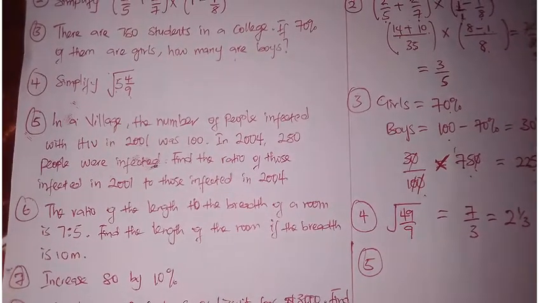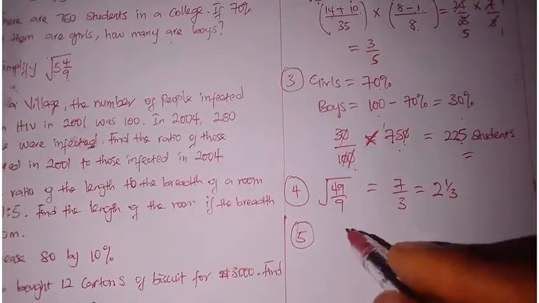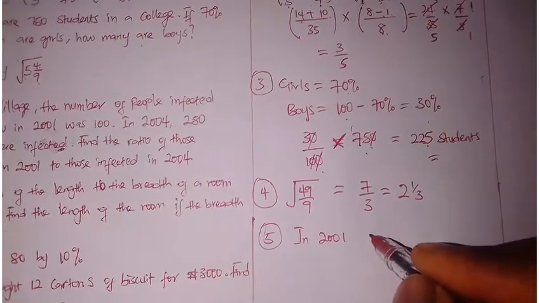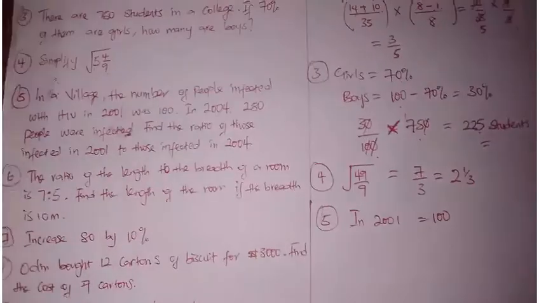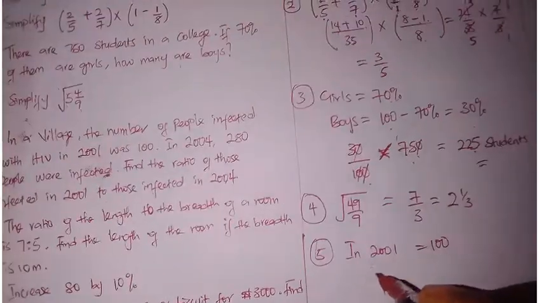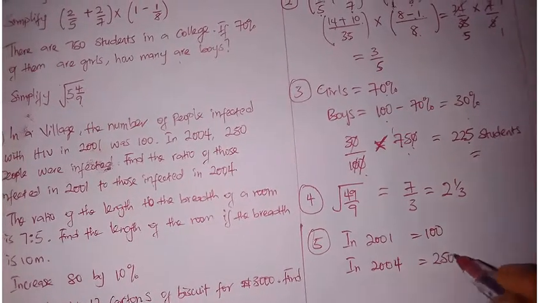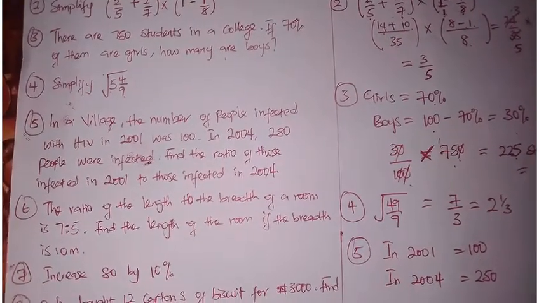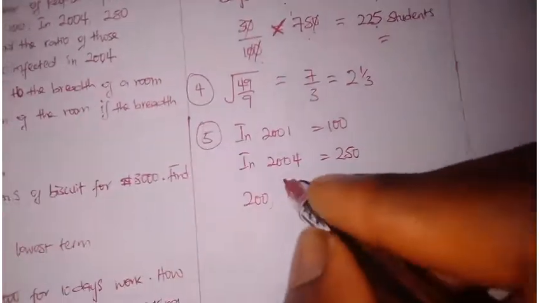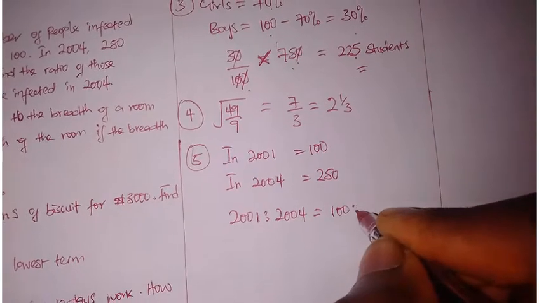In a village, the number of people infected with HIV in 2001 was 100. So in 2001, we have the number of infections as 100. In 2004, 250 people were infected. So in this case, in 2004, we have 250 people. Find the ratio of those infected in 2001 to those infected in 2004. That's 2001 ratio 2004, which means 100 ratio